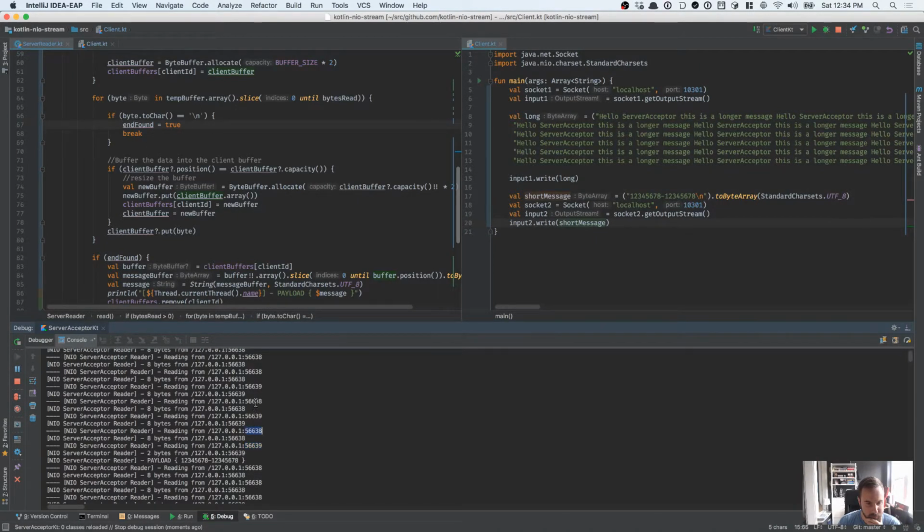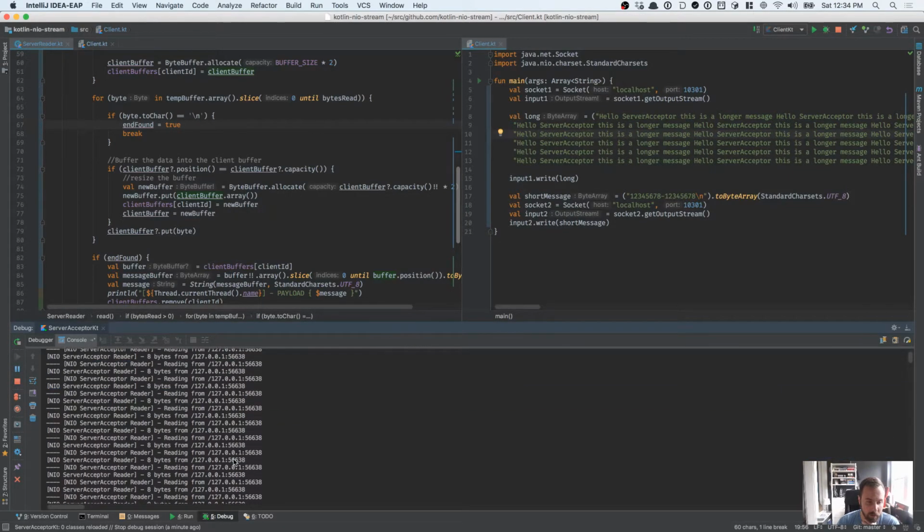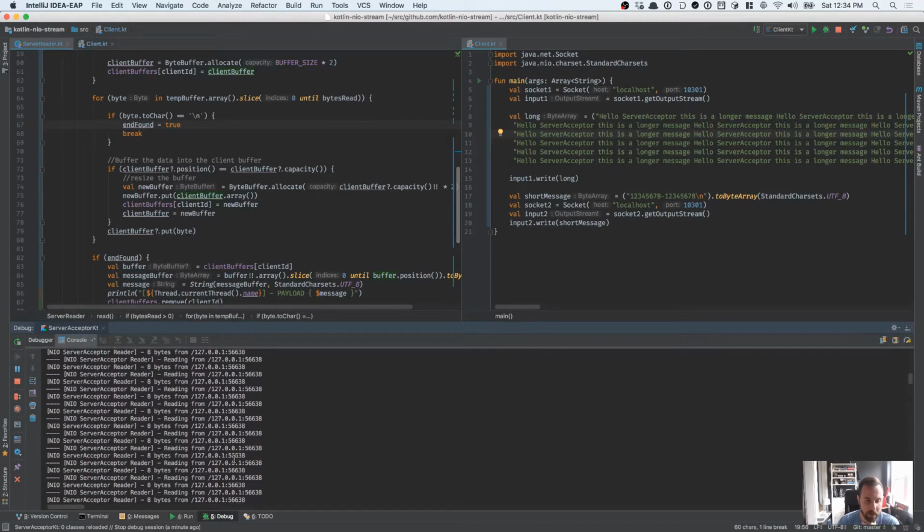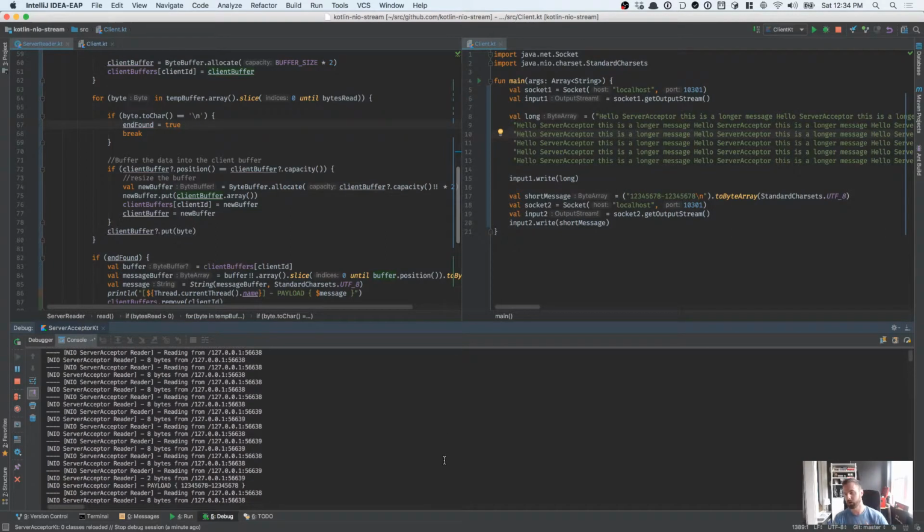So 383938, right? And so basically, even while we're processing and still reading off of this other socket from this client that's sending us a much longer message, we get this payload and we're able to print it out so that this other client that's sending us a ton of big stuff isn't blocking us, but that we still eventually get to this thing, right? So we are properly sharing